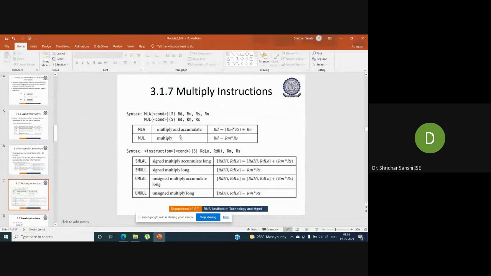So MLA, how does it work? It will take 4 operands. The result of the expression will be stored in the RD, and this is how it computes. It will multiply the two registers and add the result to the last register. Okay, Rm star Rs plus Rn. So the result will be stored in the RD. Similarly, the multiply instruction will multiply the contents of two registers, and the result will be stored in